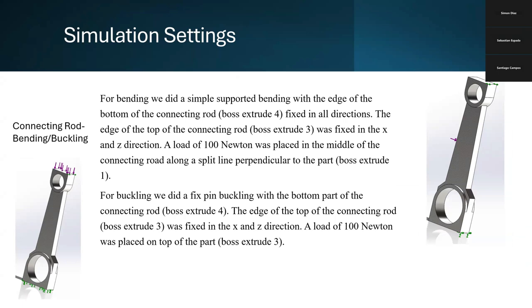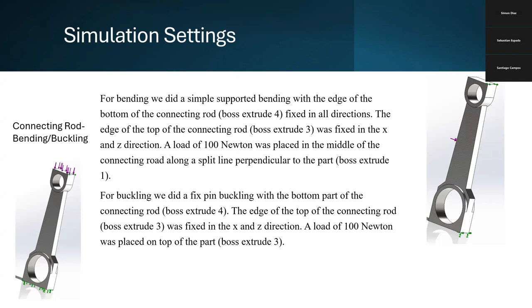For the bending simulation, we did a simple supported bending with the edge of the bottom of the connecting rod fixed in all directions. The edge of the top of the connecting rod was then fixed in the X and Z direction. A load of 100 newtons was placed in the middle of the connecting rod along a split line